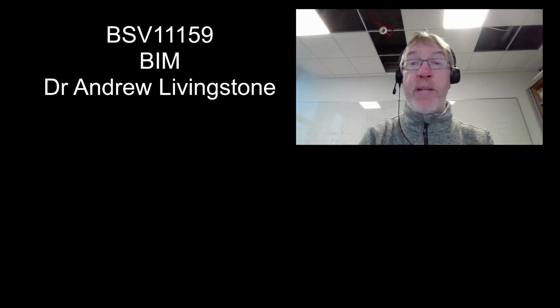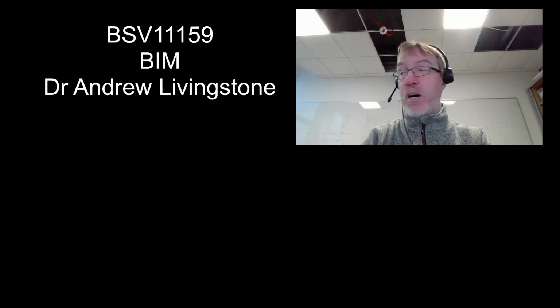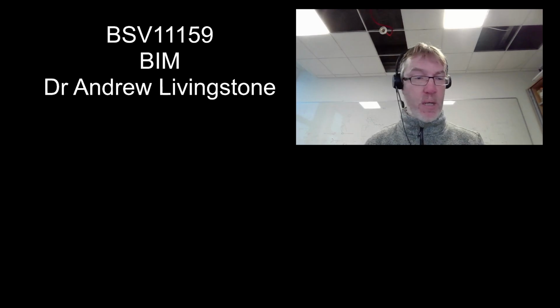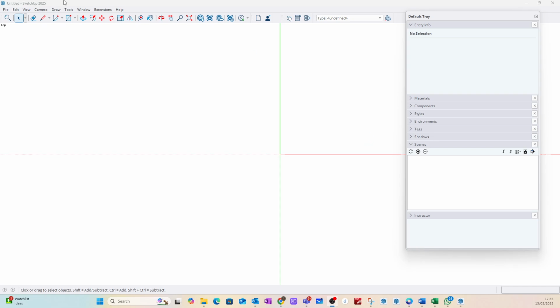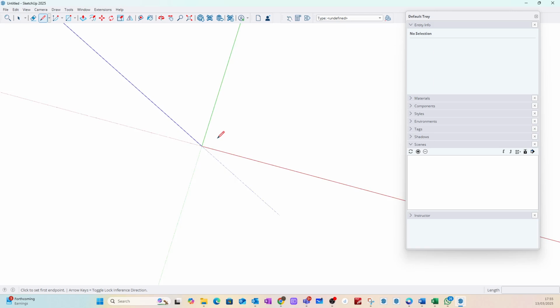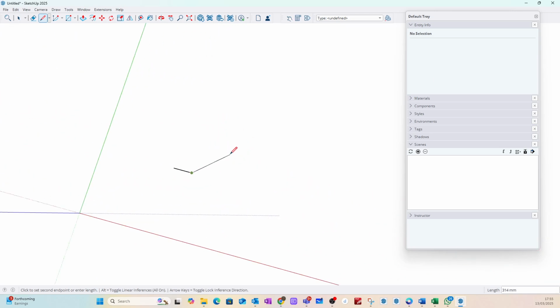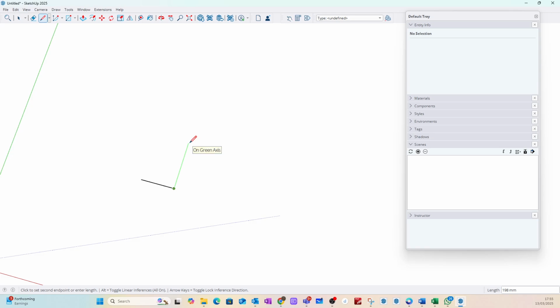Okay, I'm going to do a quick demo of what we did in the class just the other day there on Tuesday. I think you've all seen this before, but it's good to go over it again. I'm going to try and draw a piece of timber, the size of a piece of stud. I'll go 140 millimeters by 38